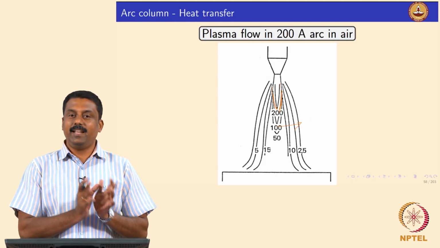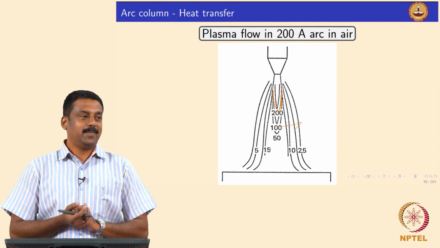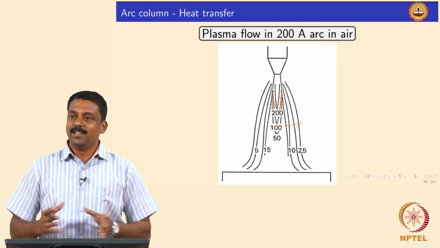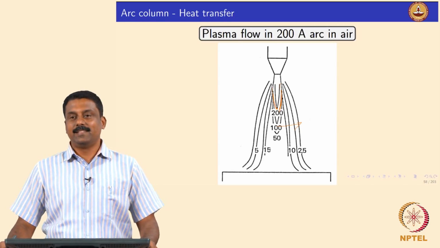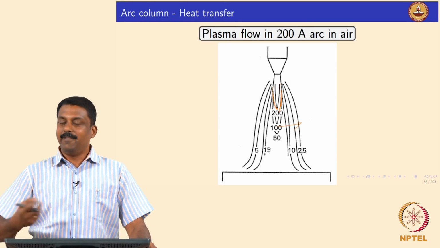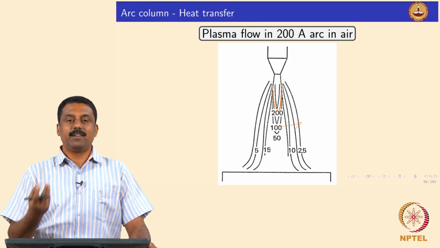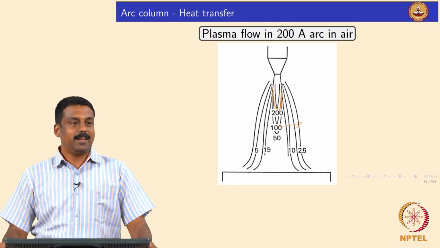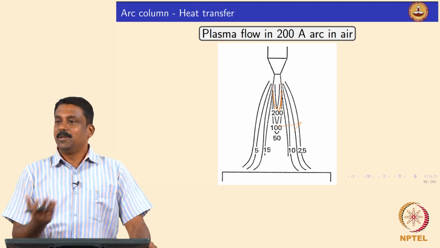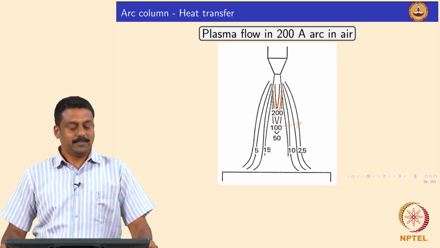Okay, so now we generated heat and we transferred the heat. Now we can weld, right? So we will look at the various welding processes, and when we look at each welding process, we will discuss the physics, whatever we learned so far: how the heat is generated, how heat is transferred, how efficient the process is, and if you use one gas, how the efficiency can change, how heat generation can change. We will use this basic understanding to understand the physics of the process. Is it clear? Good.